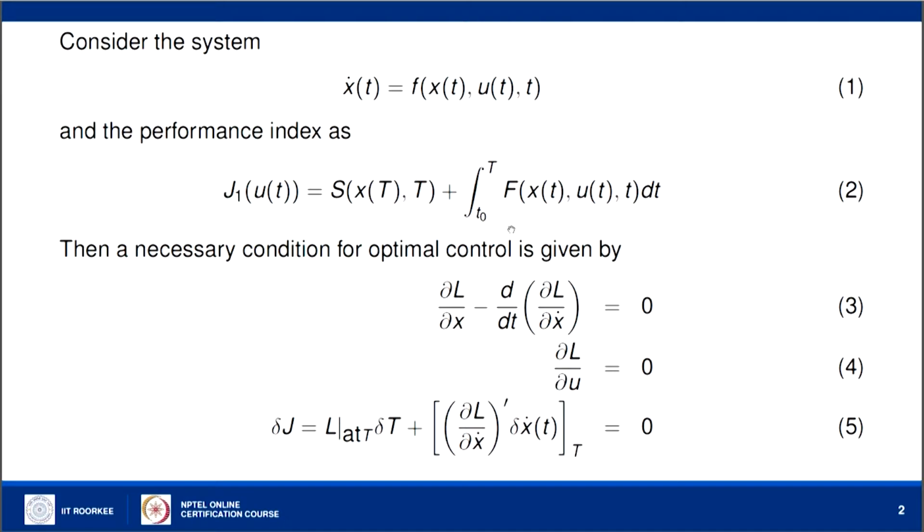the equation 1. So, last time we have seen the necessary condition, which is the Euler-Lagrange equation, given by del L by del x minus d by dt of del L by del x dot equal to 0, and del L by del u equal to 0 is the fourth equation. The boundary condition to solve this equation is given by del J should be equal to 0, which is the necessary condition for the minimization or maximization problem, where del denotes the variation. The first variation of J equal to 0 is the necessary condition.